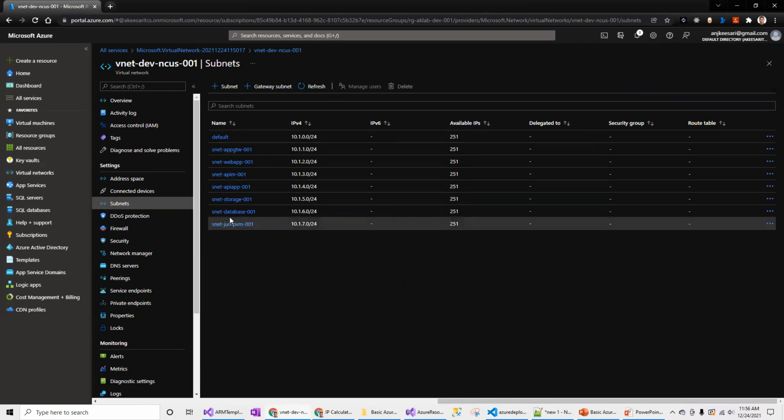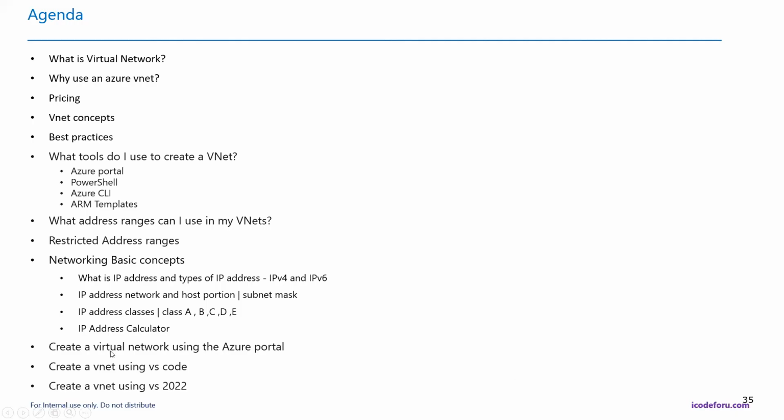So at this point, I'm not creating the network security group. That will be another session: creating the network security group and assigning it to these subnets to block the firewall listing. So we'll discuss that later. Now, the next one: creating a virtual network using Visual Studio Code. We looked at creating these resources from Visual Studio 2022 earlier.